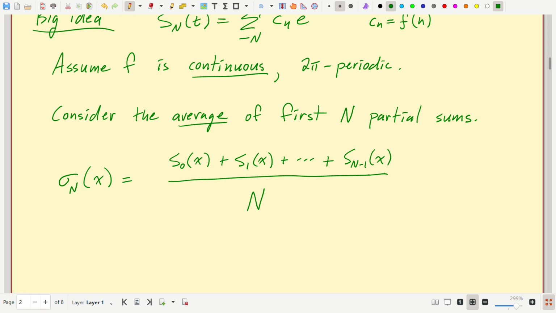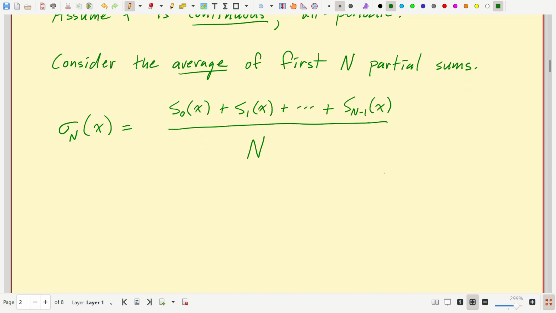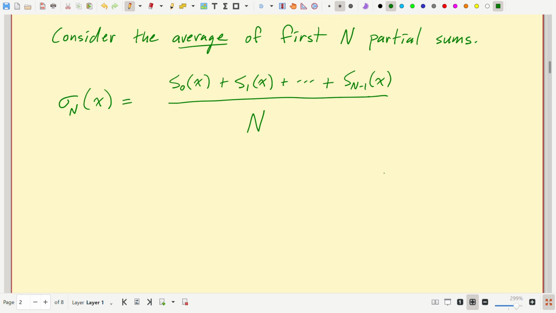So that's probably a mile away from f. But hopefully these get better and better. And even though they might individually not converge at some x, their average is actually going to converge. And Fejér was able to show this. And so let's see, when you play around, remember we were able to write,